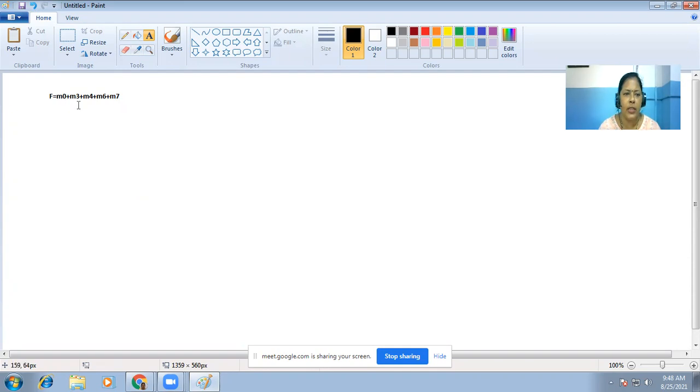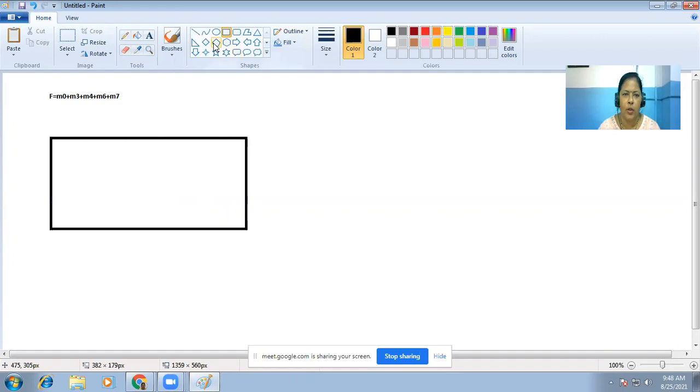For this expression also, we can see that 7 is the largest decimal number. The binary of 7 is 1, 1, 1. That means it is a 3 variable expression, so again we can make a box like this.